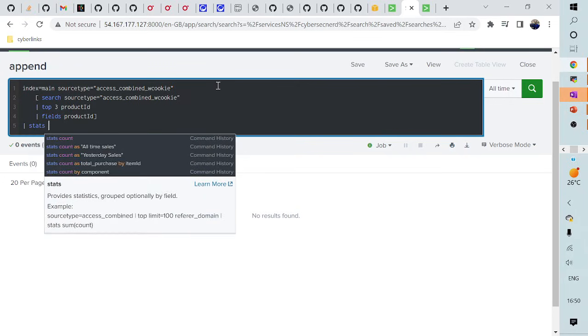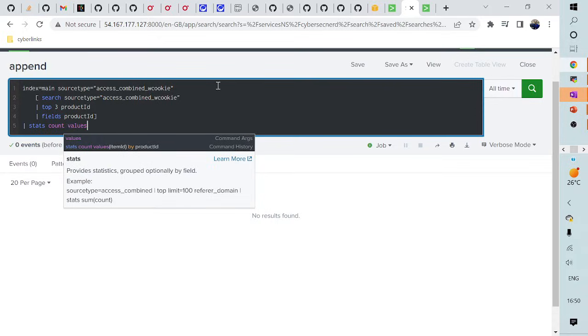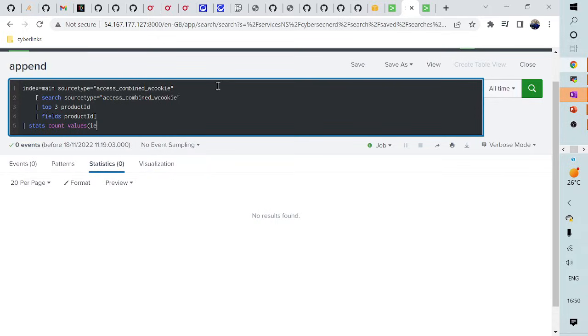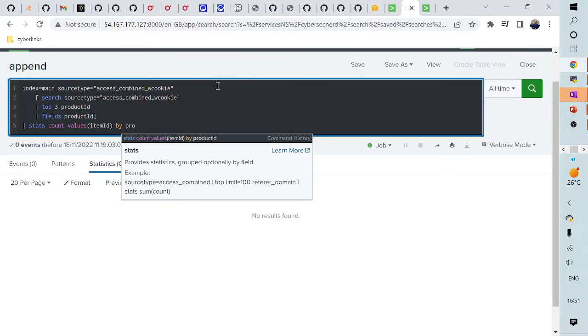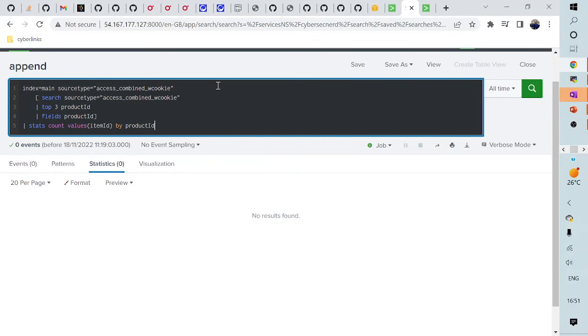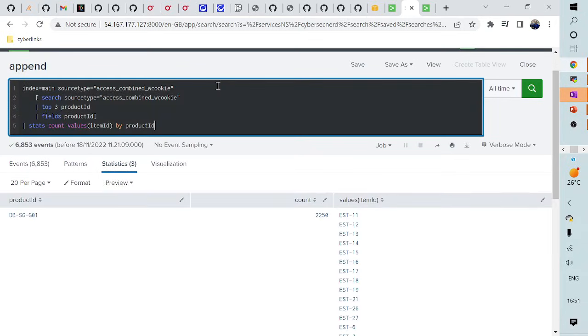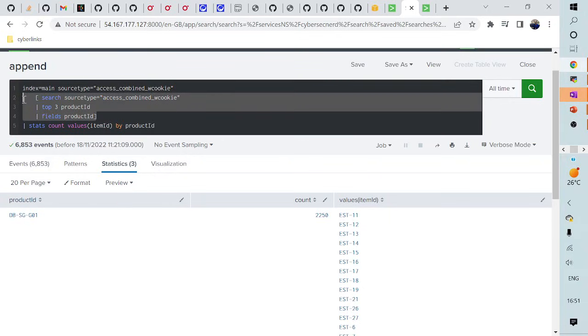I would say stats, I would say count, I would say values, because I am looking at item ID for the top product IDs. So I think it will become much more clear, just a second, product, and I would say ID. If I execute this particular search, it is going to give me the results. What happens is this particular sub search is basically returning me an argument which is nothing but the product ID. So by leveraging the sub search, I will always have the top product IDs for which I am looking, and for the top product IDs, we are basically trying to report